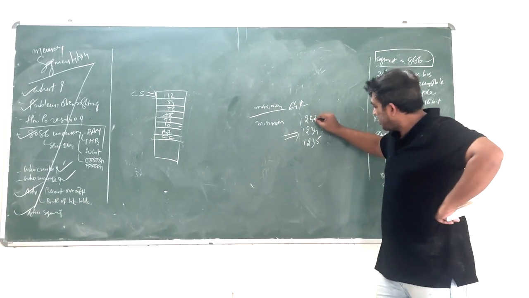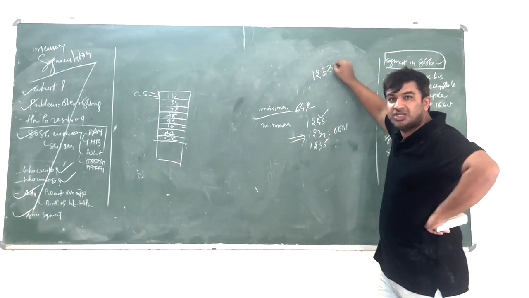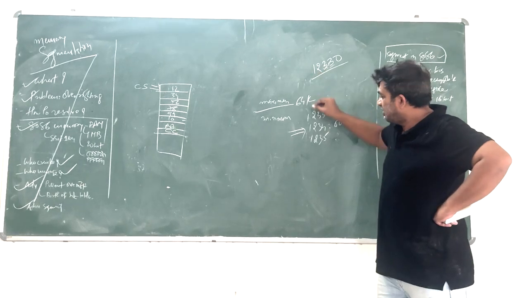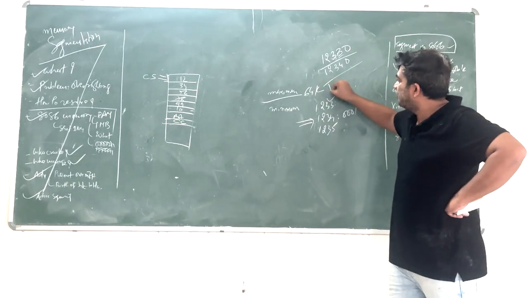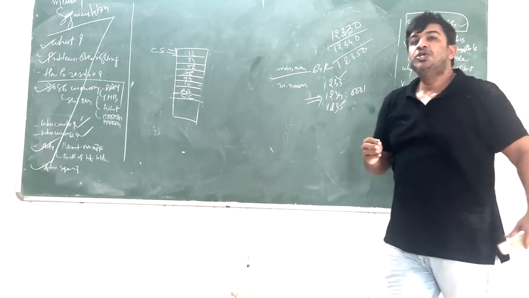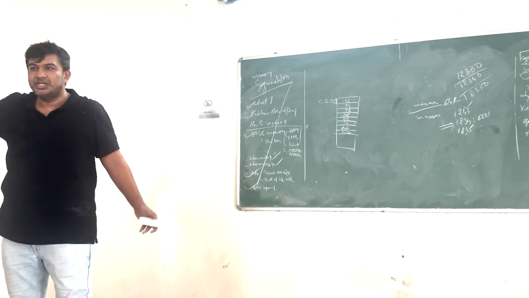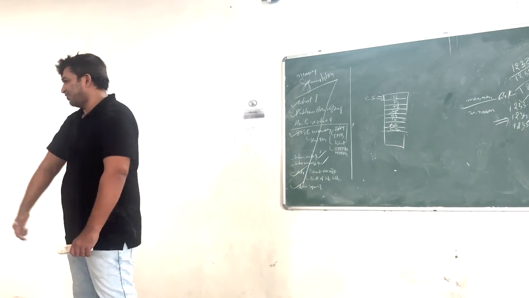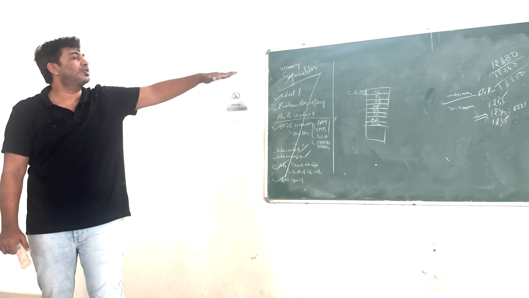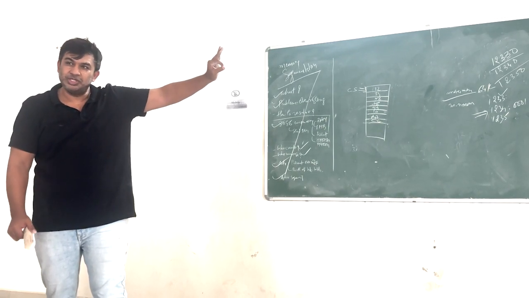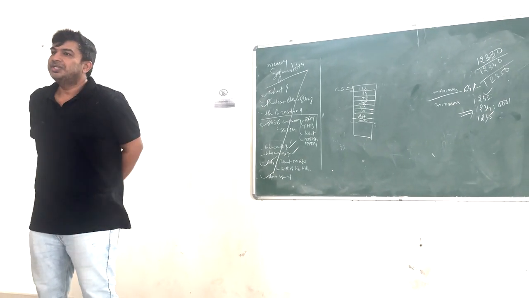If I create it on this location, my actual physical address becomes 12330. Here it is 12340, and this will start at 12350. So why 0? Because we need to multiply with 10 to get the physical address, the actual address. The 16-bit address is the virtual address. We want the physical address. So if my one segment is on location 12340, the nearest segment will be on 12330 or 12350.